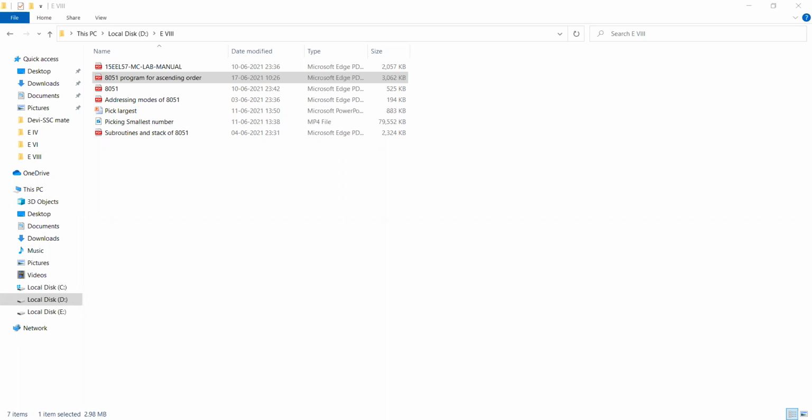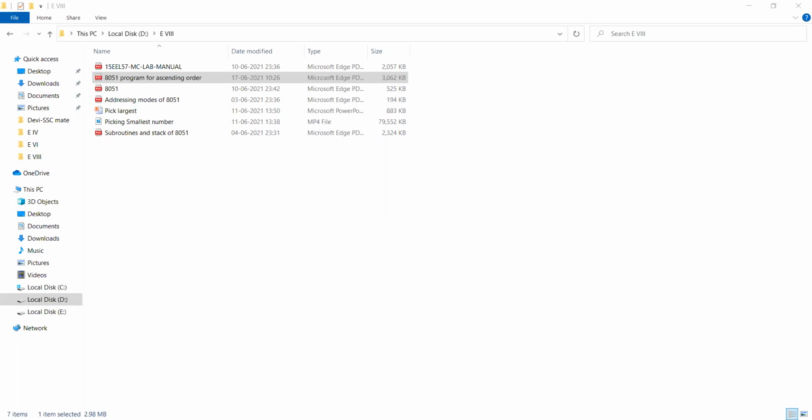The count value you can shift to the accumulator. 4500 is having the count. That count you can transfer to A: MOVX A, @DPTR. So the first location value is transferred to A, and that you can shift to R0. So R0 is having your count value. How much value is R0 having? 4. So 4 is the number of data items you have.